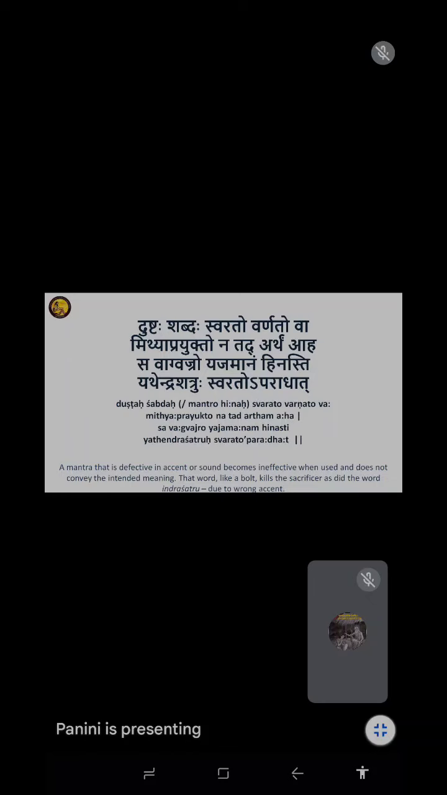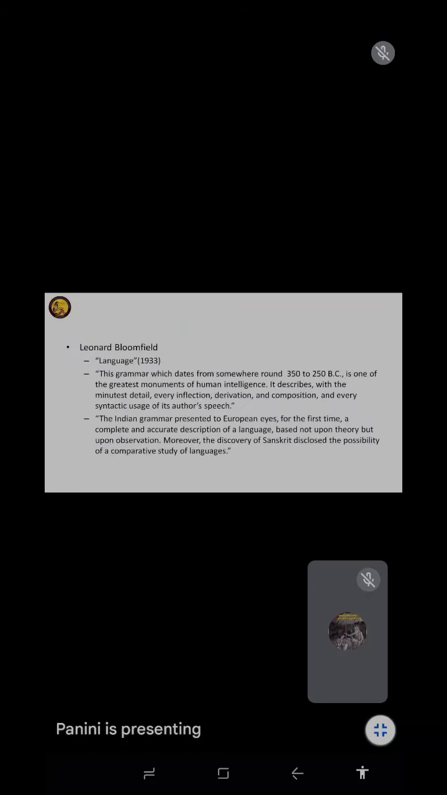That is the first statement made by Bloomfield: every inflection, and every syntactic use of its author's speech. Inflection, derivation and composition we will also be explaining as we come to them. This was the statement first recognized or highlighted by Bloomfield. In the next paragraph he also made a statement that Indian grammar presented to European eyes, these were his words, not my words,